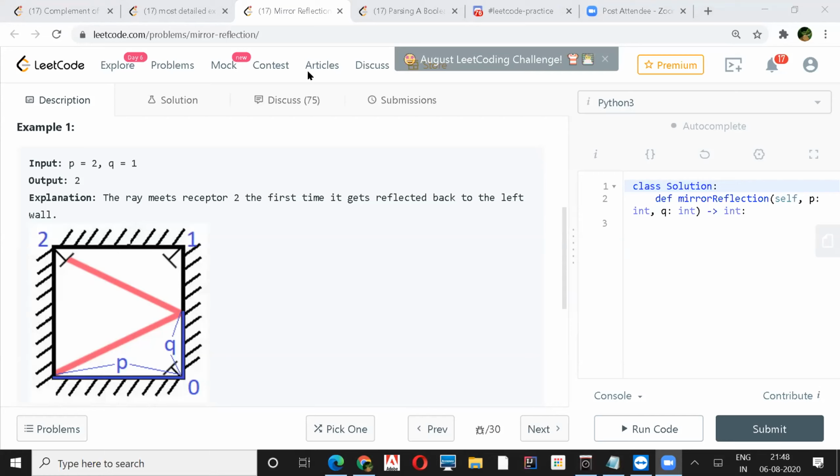Okay. So after the second reflection, the x-axis will be 0, back to 0, and the y-axis will be q plus q, that is 2q. It will be the total distance traveled so far in the y-axis. So imagine it is 2q, and if it is crossing p,